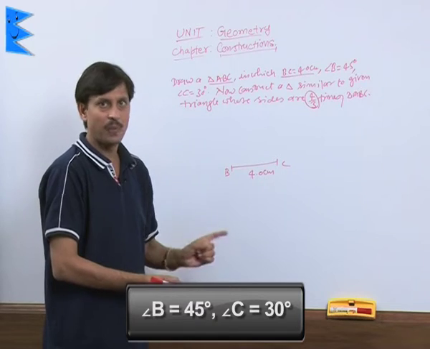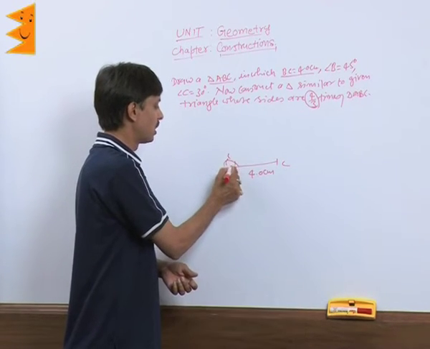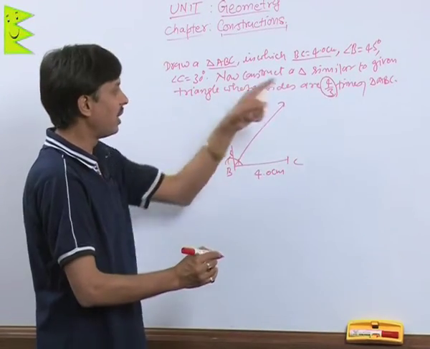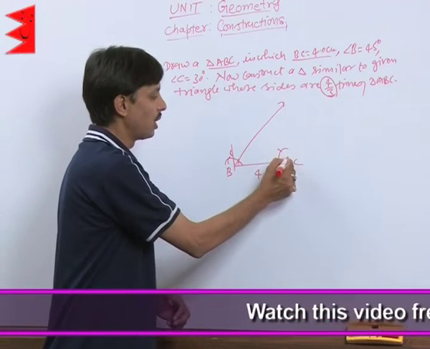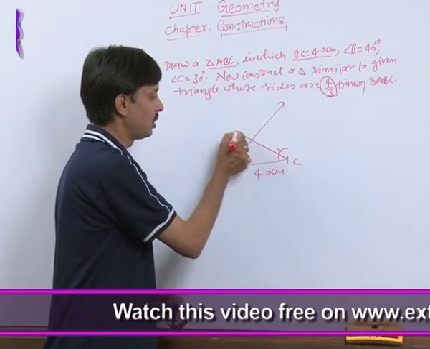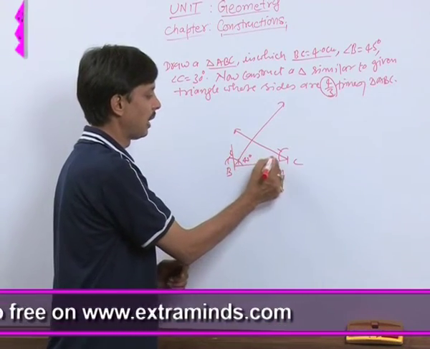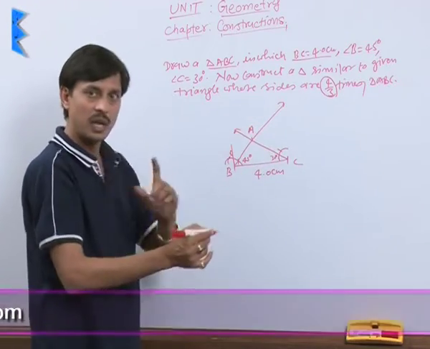With the help of a compass, you can make an angle of 90 first, then its bisector is 45. And here the angle required is 30 degrees. So first make 60 degrees, and the bisector of 60 is 30. Where these angles of 45 degrees and 30 degrees meet, write down that point as A.